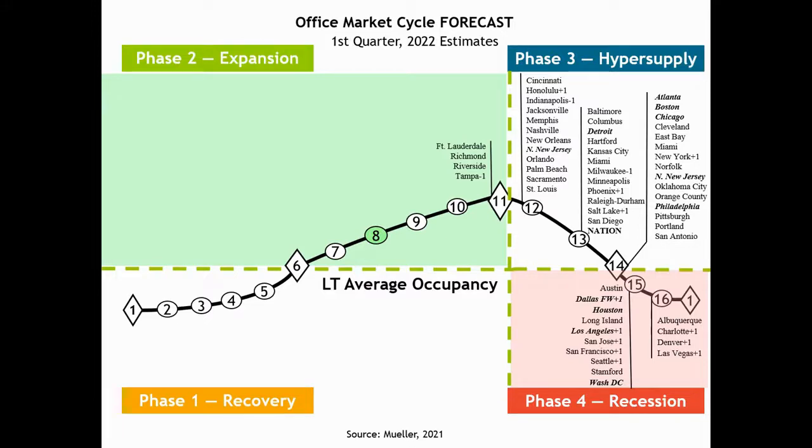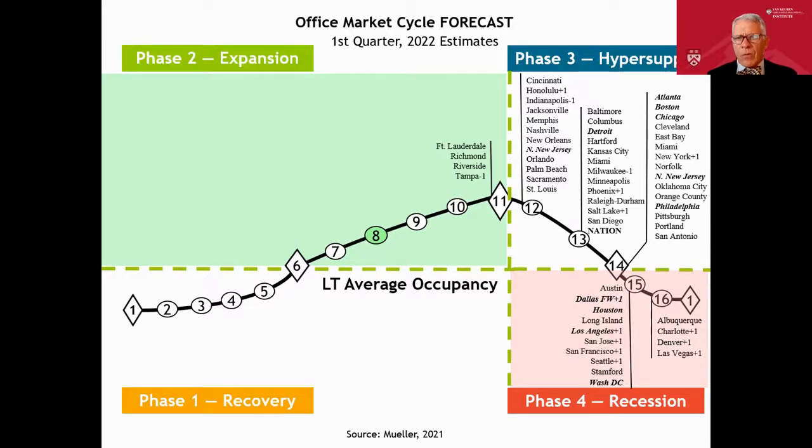Yes, I have a quick question. What's the +1, -1 next to some of the cities? Okay, that's the movement of the cities. So for instance, Dallas Fort Worth was at position 14, and now it's moved forward to position 15. So instead of having to go back to a previous report, you can say, oh, okay, Dallas was at 14 and it moved forward to 15.